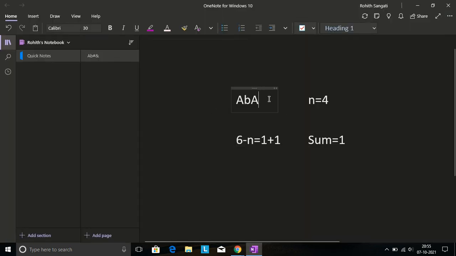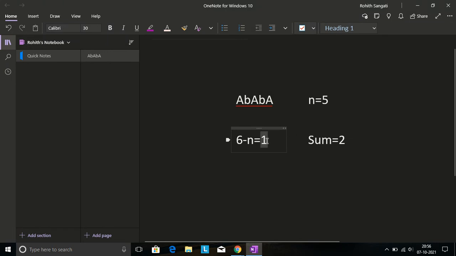For example, in this case, it contains an uppercase and lowercase letter but doesn't contain any digit or special character. So the sum here is 2, n is 5, and 6 minus n is 1. So in this case, sum is greater than 6 minus n.